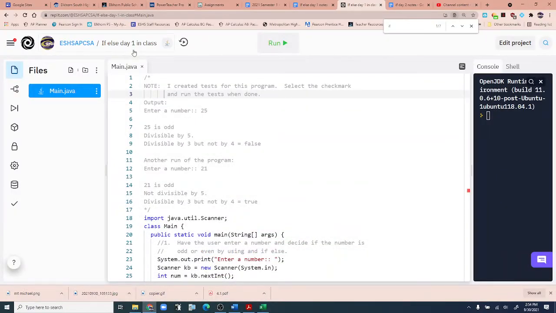We're doing if-else day one in class. Note, I created tests for this program. Select the check mark and run the test when done. Now, if we're going to use this test to see if it runs correctly, we've got to pay attention to